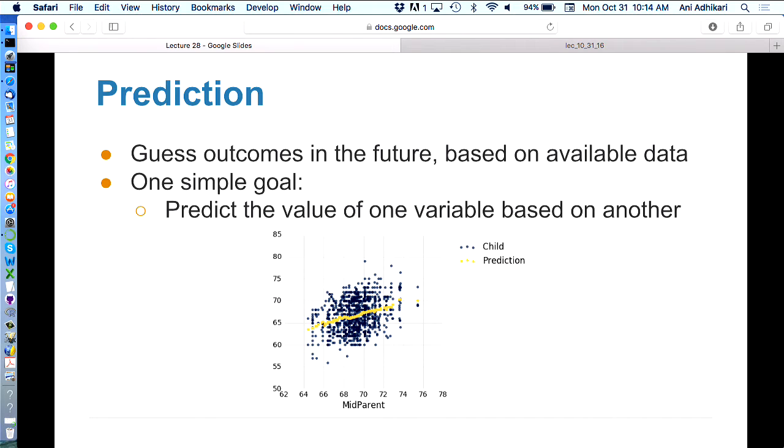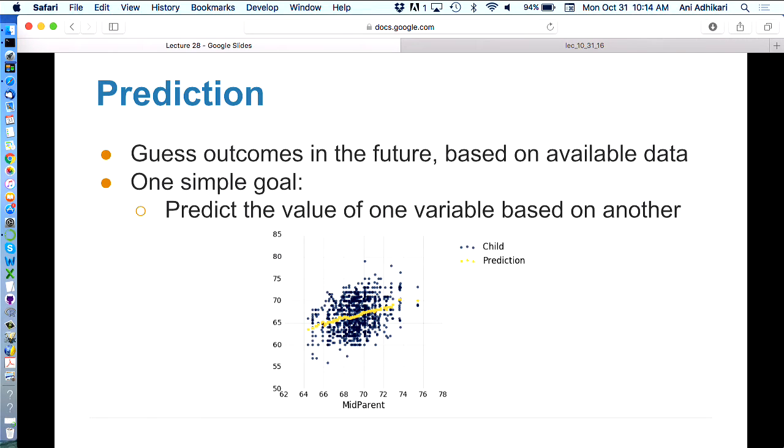Any memories of that picture? That was Sir Francis Galton's data on heights of parents and their adult children. He was the first person to formalize making predictions in the way that has become absolutely standard in data science and every other field of application. So I'll just remind you about his data. He had about 900-something